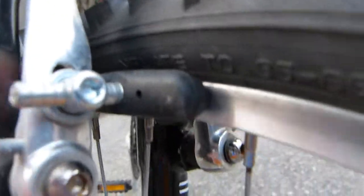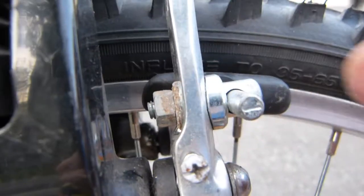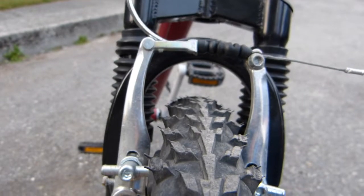The brakes were adjusted, so the brake pads actually touch the rim when they are engaged. Let me just change hands, like so. The full surface is actually on the rim for maximum safety. They are also aligned with the rim this way. That also helps, and you can see it just needed a few tools to get it done. Both left and right sides actually move the same amount,